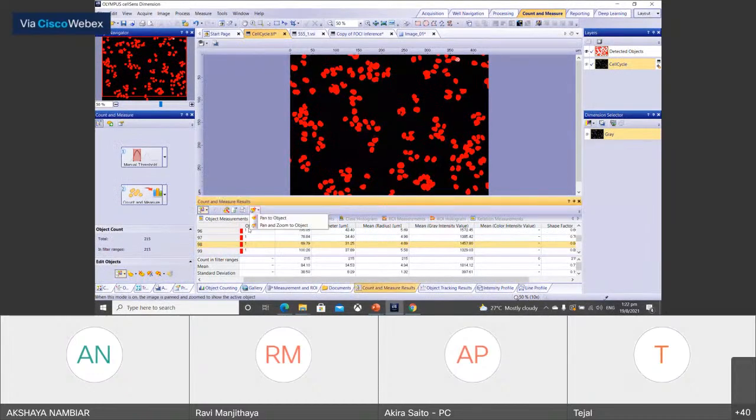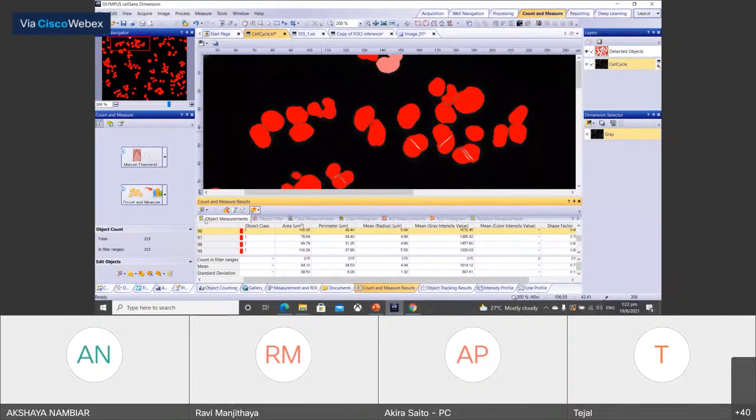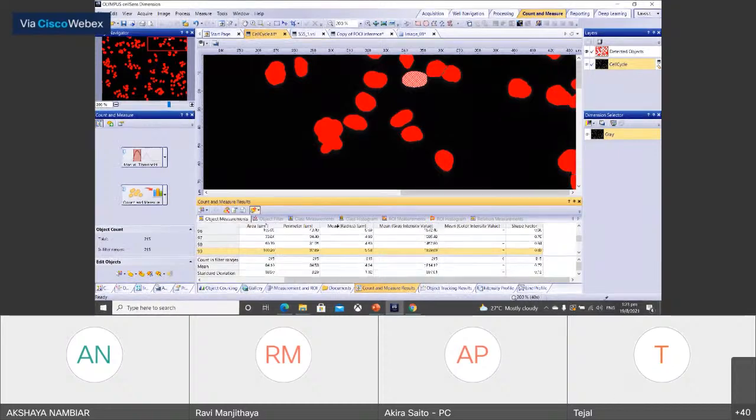So for example, okay, object on zoom. Sorry. Plan and zoom. So this one is this one, and this one is this one. This one is this one. So you can get some kind of morphology information and also the intensity information.